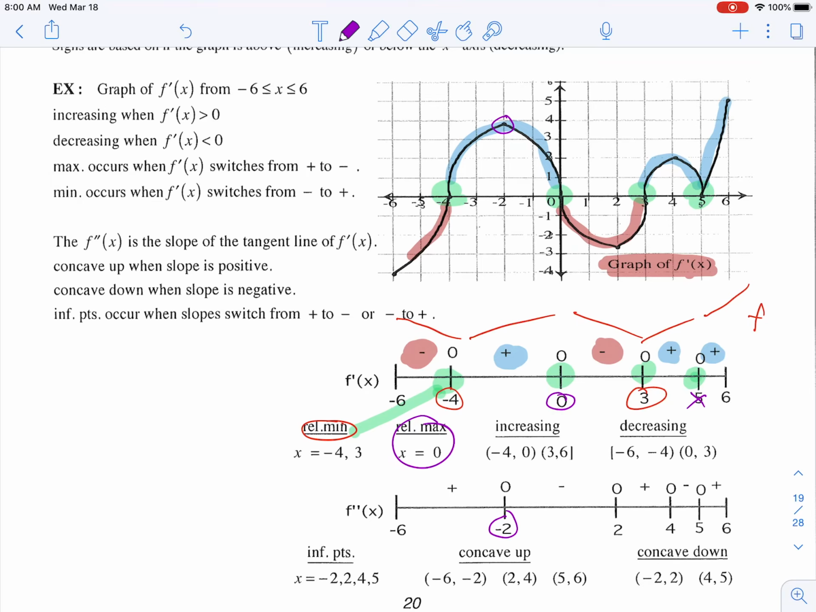at -2 and at +2 and at 4 and at 5. In other words, all the relative mins and maxes on that graph of f prime refer to points of inflection on the original graph and places where we have concavity changes. So f prime is